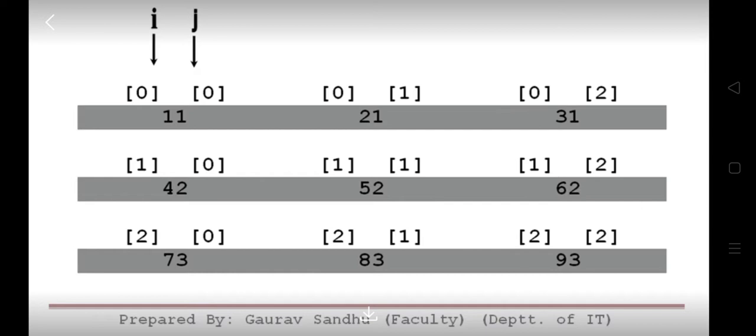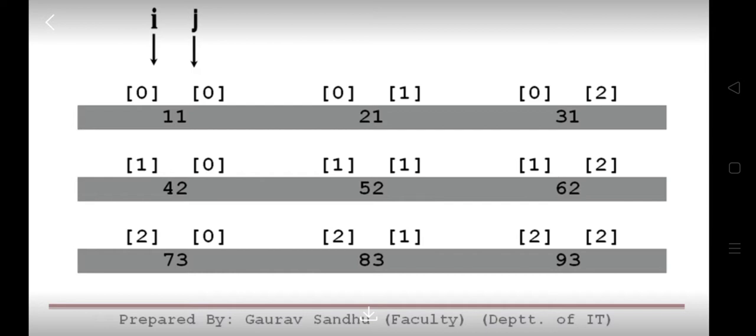If you observe very carefully, for the data 11, 21 and 31, which are stored in the first row, the value of i remains the same but the value of j varies. For the data 42, 52 and 62, the value of i is 1 but the value of j is varying.